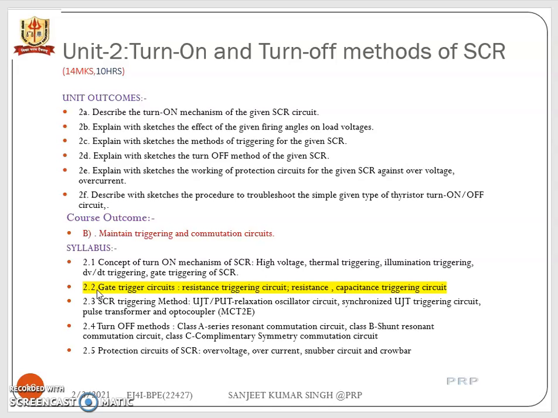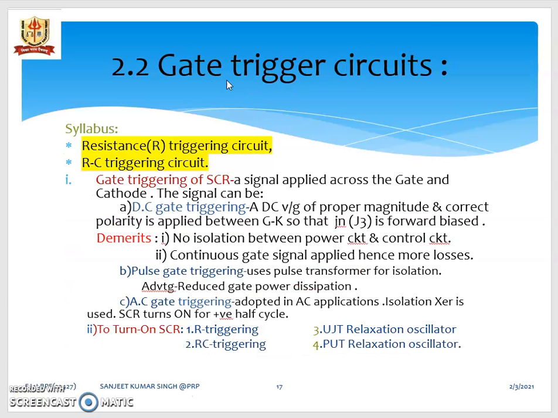In the first presentation, we saw the concept of turn-on mechanism of SCR. Here in this presentation, we will look at the gate trigger circuits, that is R resistance triggering circuit and RC, that is resistance capacitance triggering circuit. So, gate trigger circuits